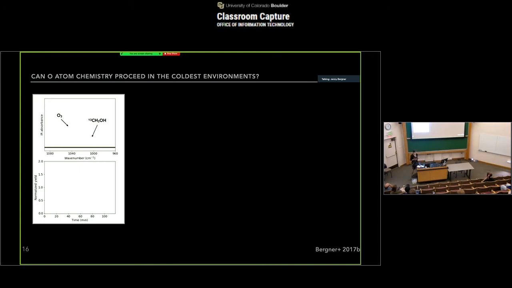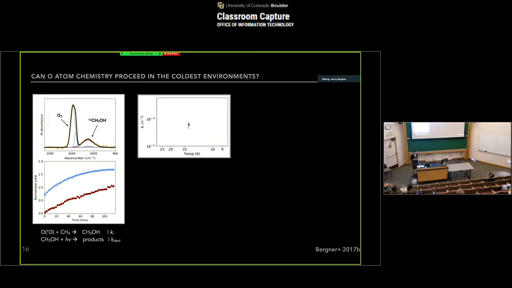So again, we want to answer this question of can this chemistry proceed in very cold environments? And to do so, we model the kinetics. This is an infrared spectrum of methanol production over the course of an irradiation. And you can see on the bottom this growth curve of methanol and how much methanol is present in the ice over time in the experiment. So we can fit these growth curves to derive a reaction rate constant. We plot this at a given temperature, and the idea with this type of experiment is that if you have an energy barrier to the reaction, it should be proportional to the slope of the line on this plot.